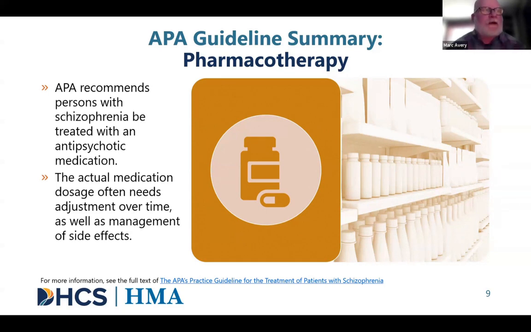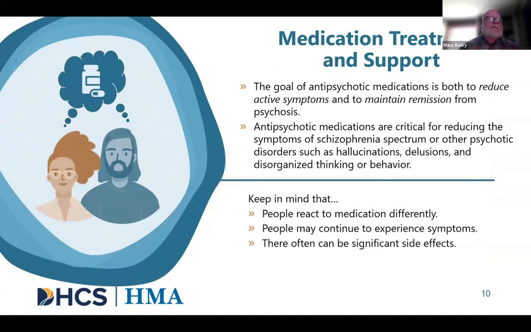Let's move to the next slide. Antipsychotic medications are an important component in offering persons relief from their symptoms and making it possible for them to make gains in other aspects of their recovery. A person with schizophrenia spectrum or other psychotic disorder may be prescribed various types of psychiatric medications, and it can oftentimes be confusing to the outside viewer as to why there are multiple medications being used. What's the purpose and benefit of each one?